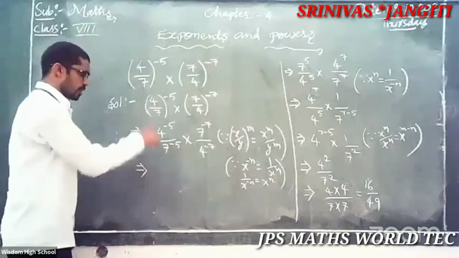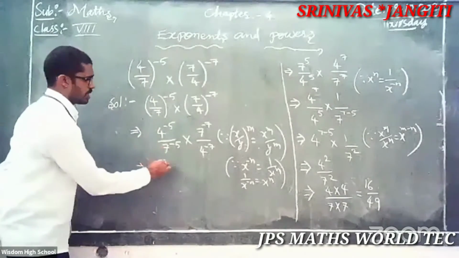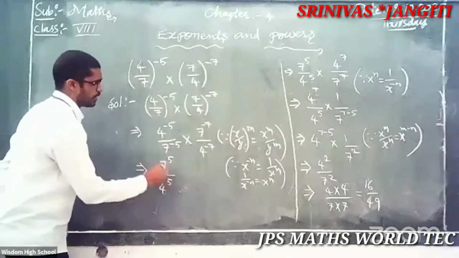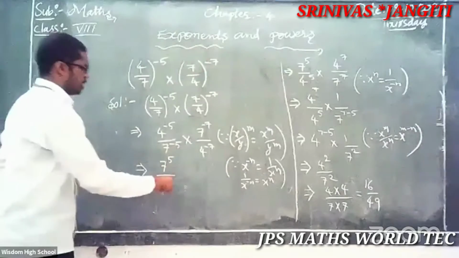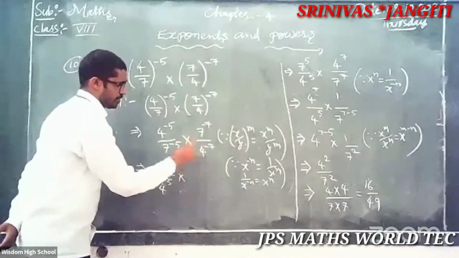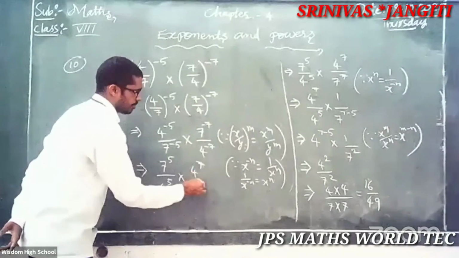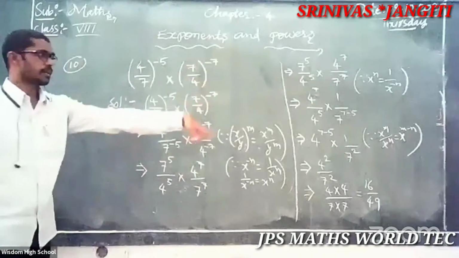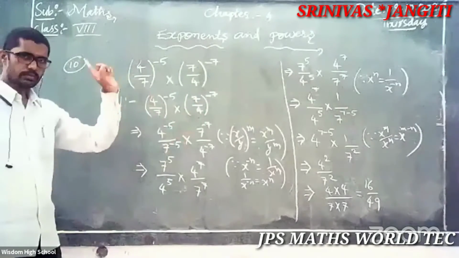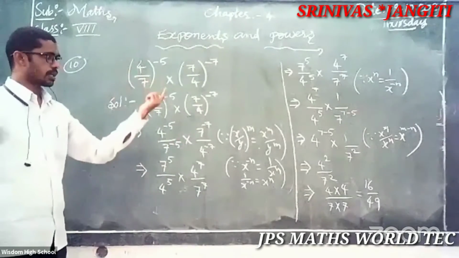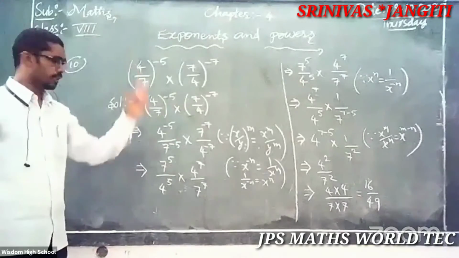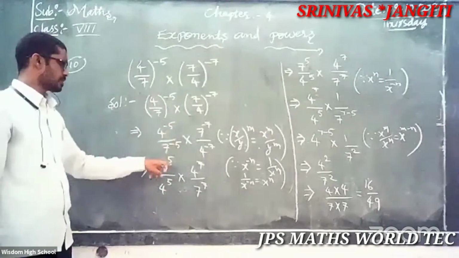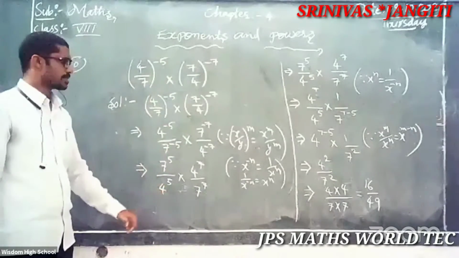How is this, you know? Come on, let's take the reverse. 7 to the power of 5 by 4 to the power of 5. Yeah, the same. Into, what is here? Tell me. 4 to the power of 7 by 7 to the power of 7. Observe that the remaining is the same, but here, what is the law? You are observing that law, so simple. Here minus, taken outside, is a plus. Here minus, taken down, plus.